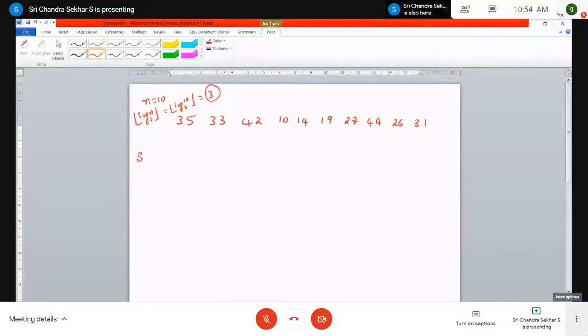In step 1, I request all the students to concentrate here, because this is a very important concept, construction of heap. Similar to the construction of a binary tree, you always start your construction of heap from the first element. The first element is 35, and you mark that 35 as the root node, right? And coming to step 2, you go to the next element. The next element is 33.